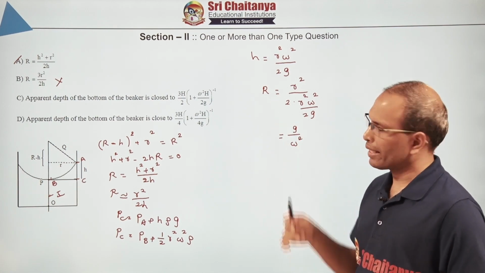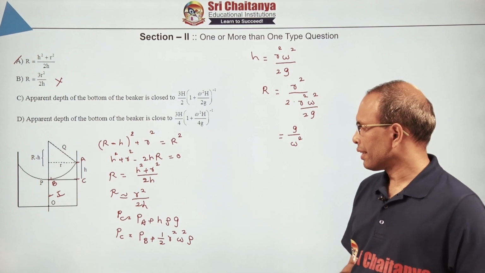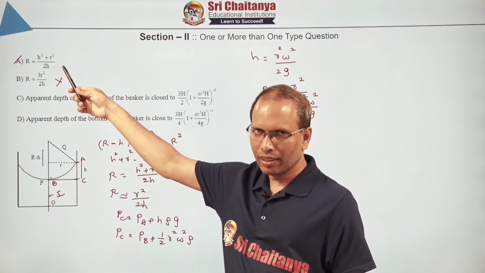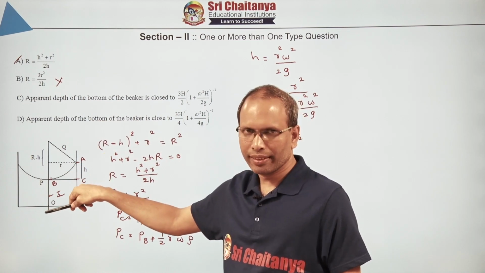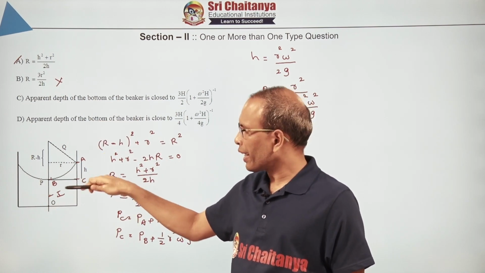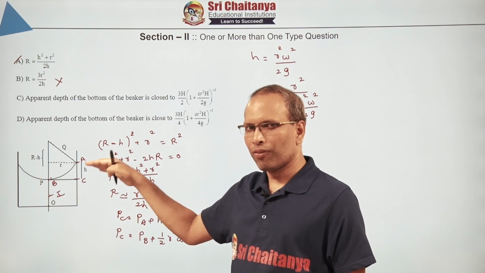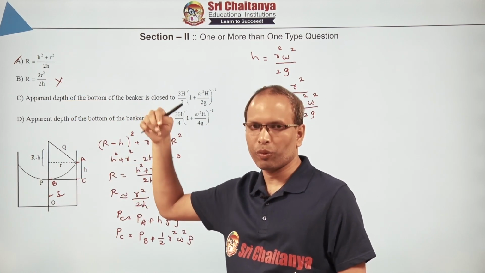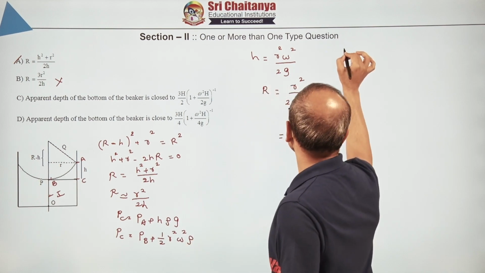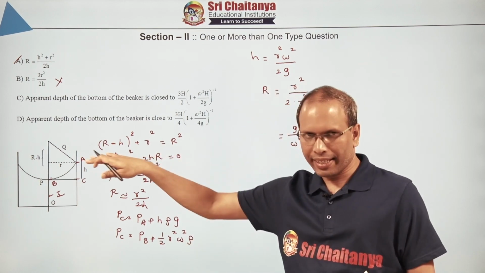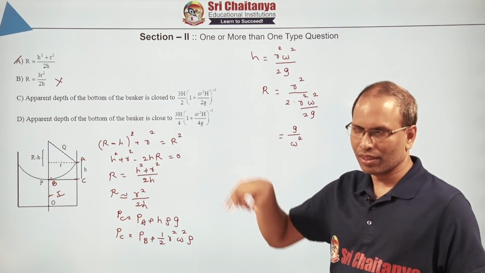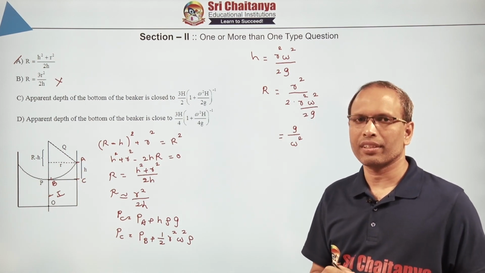Now we want to calculate the apparent depth. So this is the refracting surface. Now the observer is placed in the air and an object is at the bottom of the container. So this is the refraction of light coming from denser medium to rarer medium. So the apparent height formula is simply given by H dash. Of course, if this is a flat surface, we can directly apply H dash by H. But here this is a curved surface. So we'll use the formula for refraction at the curved surface.